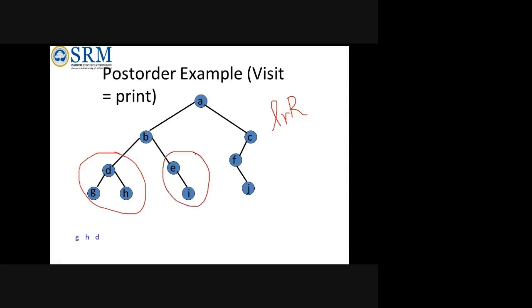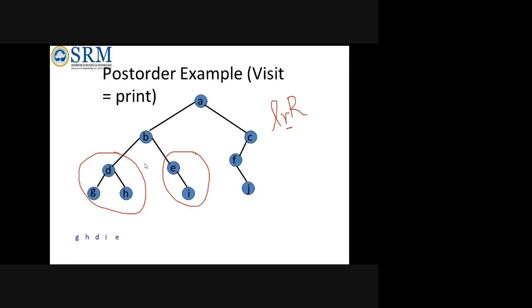When it comes to this right, it will find out that E has no left. First left only should be printed, but E has no left. So then E, in order E will be printed, but in your post order, next is right node. So right, I only will be printed. So I will be printed. Next only your next root, that is E.